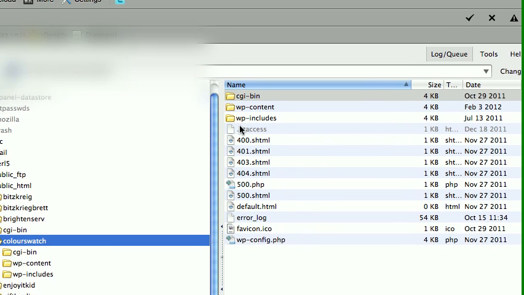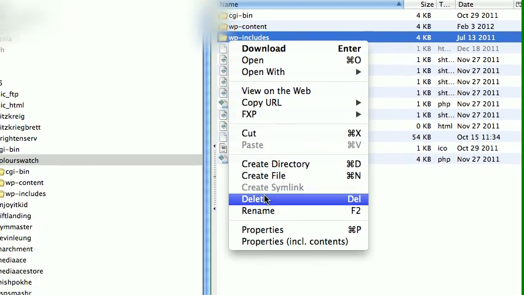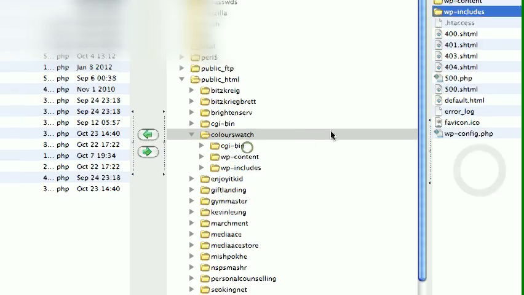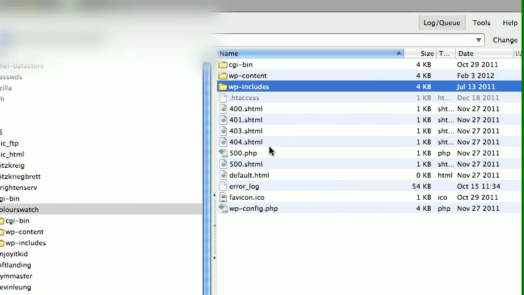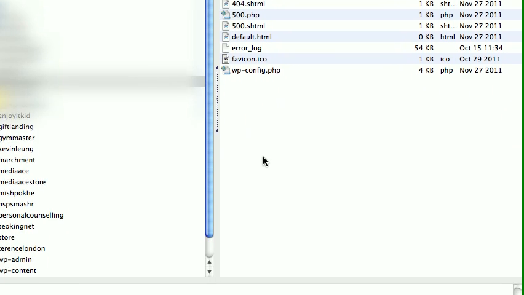Okay, so the next folder to remove is WP includes, so that's going to be deleted as well. Okay, so now that we've deleted the WP admin, we've deleted the WP includes, and we've deleted the standard WordPress files,